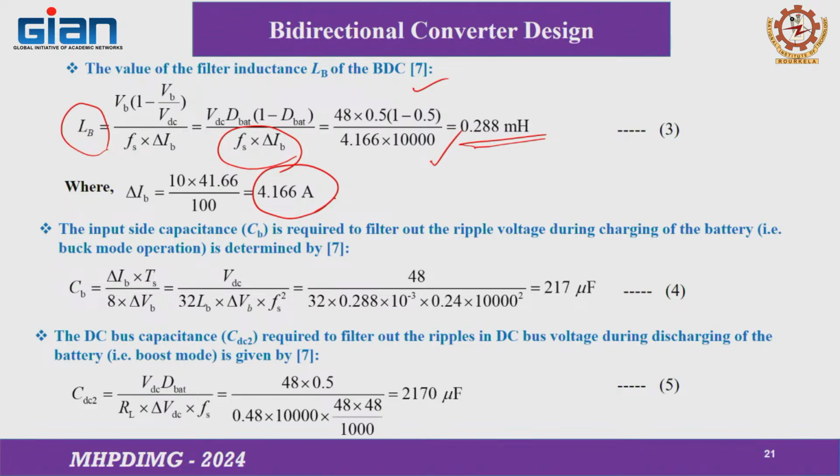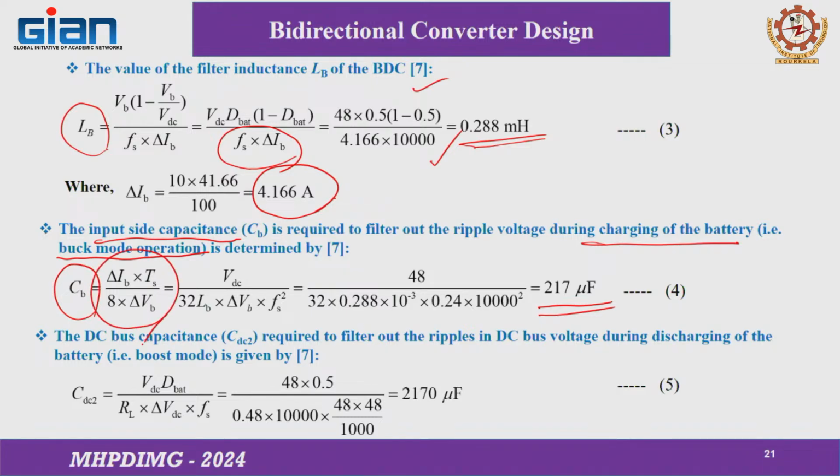To calculate the input side capacitance CB, it is required to take the voltage ripple during the charging of the battery. Charging of the battery means during the buck mode of operation. Using that ampere-second balance, you can calculate the capacitance. The formula is given here: